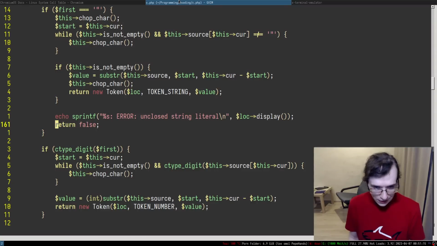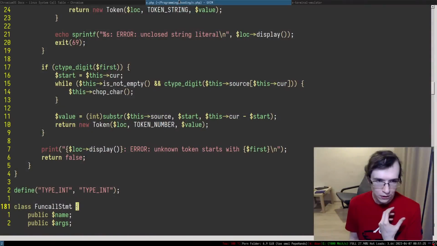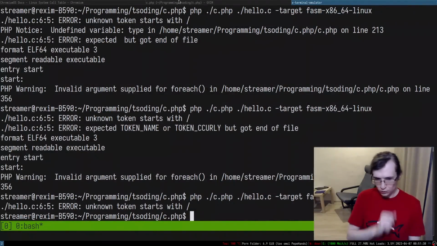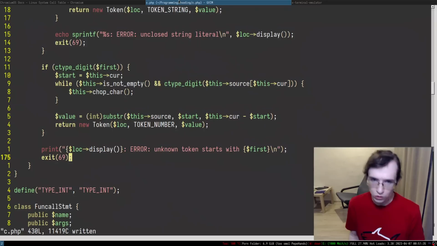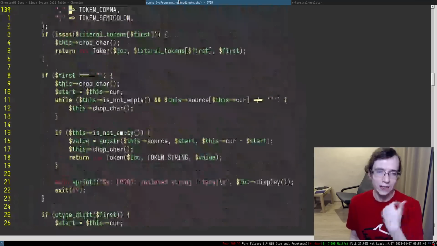In the case of getting an invalid token, I think we literally have to crash, because we return false when we reach the end, so it gets the wrong idea of what is going on. Yeah, there we go. As you can see, unknown token starts with slash, and this is because we don't support comments for this entire thing. This is something we have to extend, and we have to extend that on the level of the Lexer.